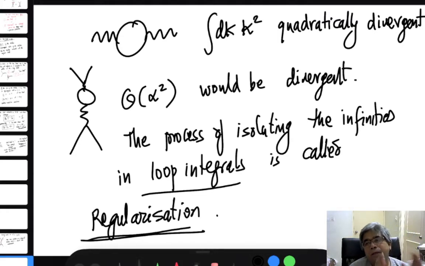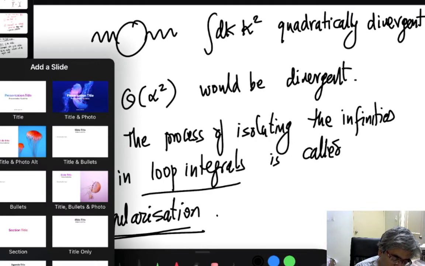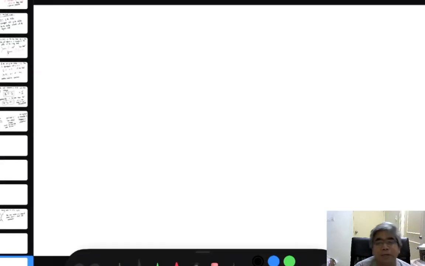So this is called a regularization of the integral. So you can actually isolate them. I won't go into the detail. There are several regularization methods. The most popular of them is called dimensional regularization, which is a completely different ball game in itself. It will take a lecture on its own, but I won't go into the detail. The other thing is called Pauli-Villars regularization, which is essentially introducing a cutoff, or some massive fermions, to regulate